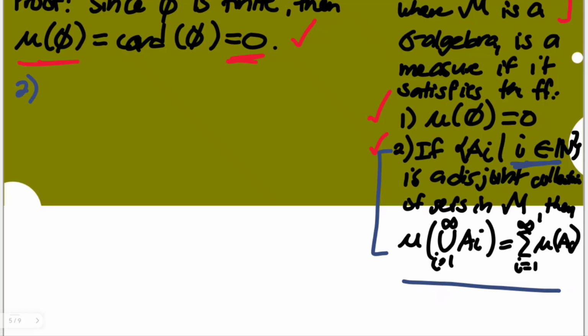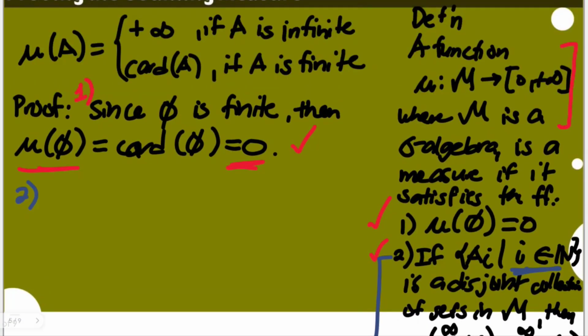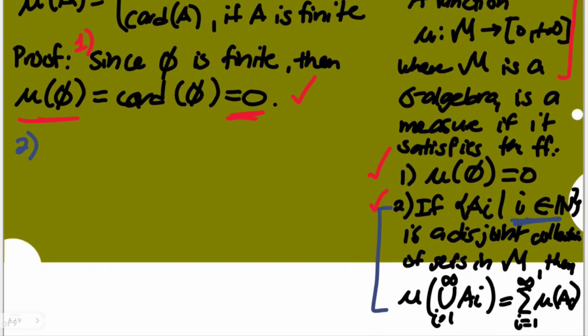So let's try to look into the first case. But before we go to that, let us introduce this portion as part of our proof. So let's have here a second 2. We're going to have, let the set A sub i for i an element of the natural numbers be